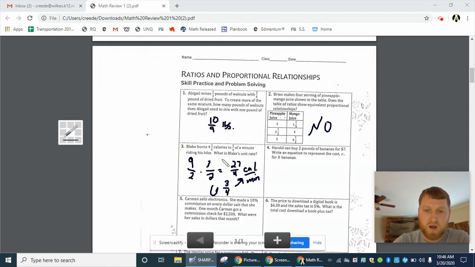All right, number 4. Harold can buy 2 pounds of bananas for $7. We need to write an equation to represent the cost C for B bananas. Well, we know that 2 pounds is $7. How much can you buy 1 pound for? Let's figure that out first before we write an equation. $7 buys 2 bananas, so if you take 7 and divide it by 2, that means 1 banana is going to be